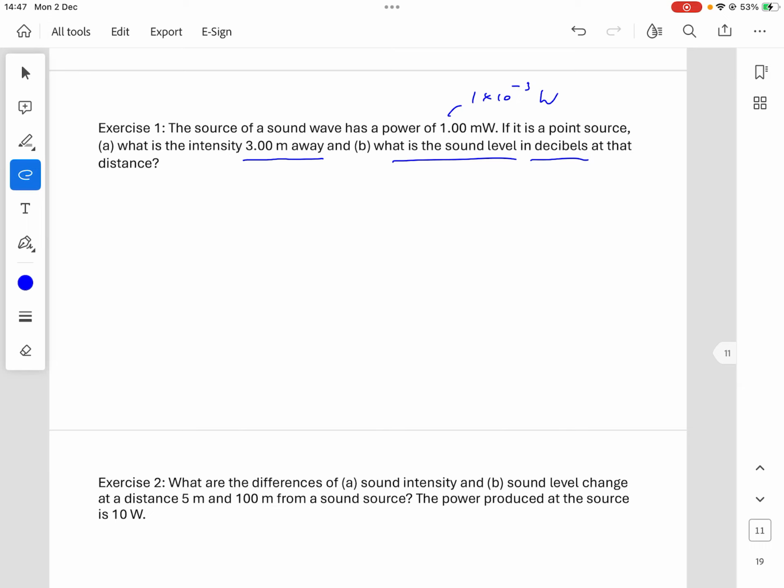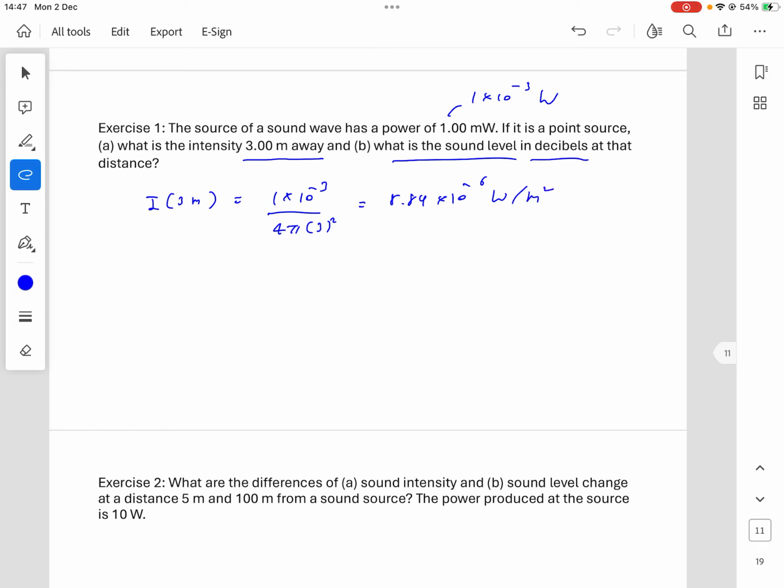So it's quite simple. Let's say this is I at 3 meters, equal to P. P is 10 to the minus 3 divided by 4 pi r squared, and r is 3, right? That actually is very simple. In this case, you should get 8.84 times 10 to the minus 6 watt per meter squared. Then